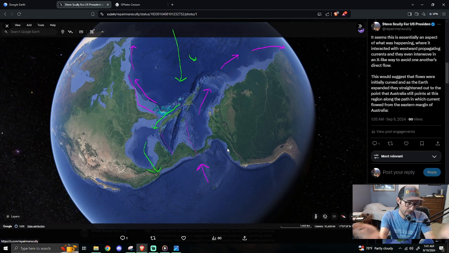Which then led me to say, well, I know there's a current going this way. Maybe the current that goes to the Caribbean kind of like splits and encourages current this way, at least. Maybe not itself going that way entirely, but also goes this way and maybe runs into resistance over here, but